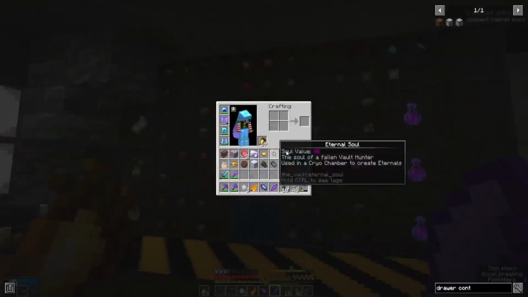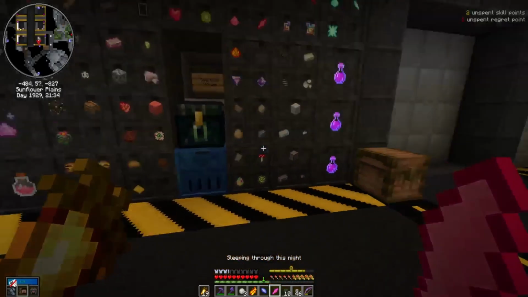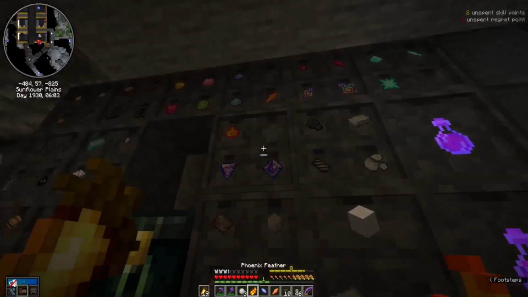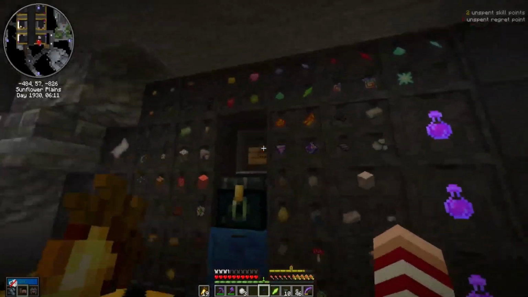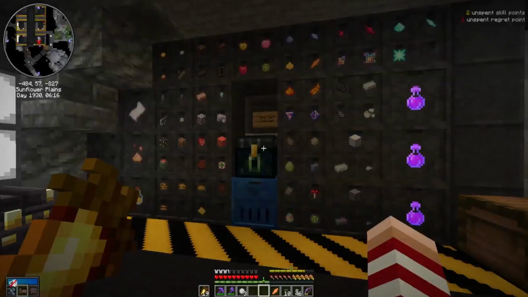There we go. So now, presume that this is the stuff that I just came out of the vault run with, and I just want to dump my inventory real quick. I don't want to have to go through and sort and pick. Oh, wait. Hold on. I picked the only one of these. That won't work. And did I seriously pick the only one of the memory shards also? Wow. How did I, of all of the things that I could have clicked on...